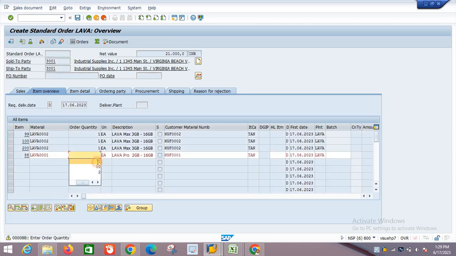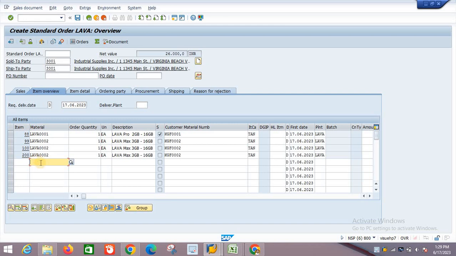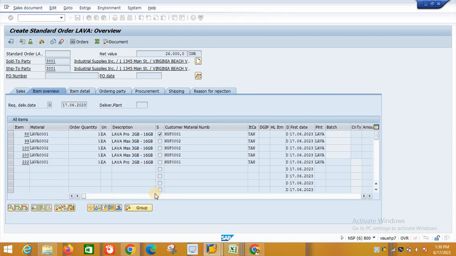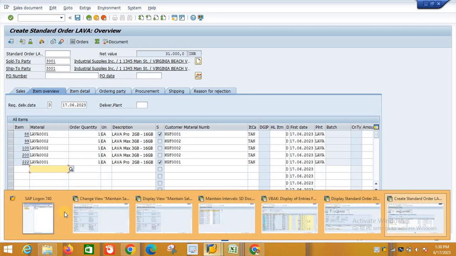Because of that, there is a gap. And automatically it should go up as per their number. Let me put 222. Sorry. Got it, guys? That is how the number range is controlled.